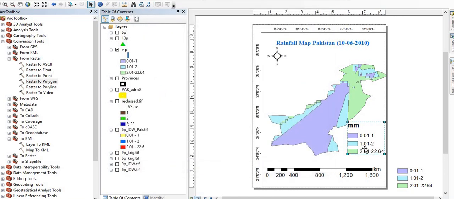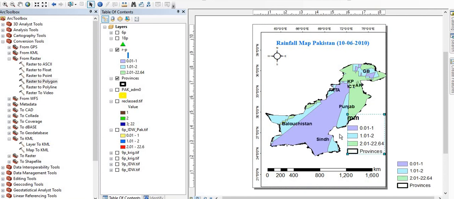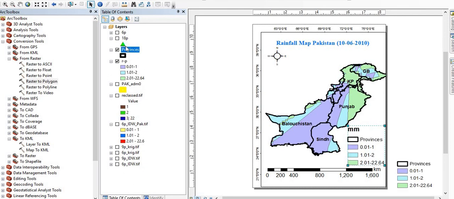OK. So it is a combined legend, or these provinces can also be added here. So you have to bring these provinces here.